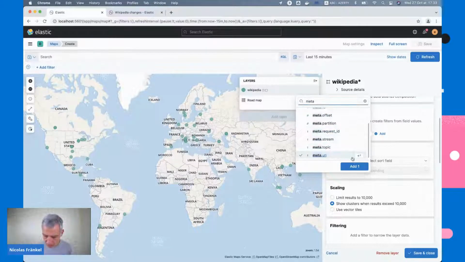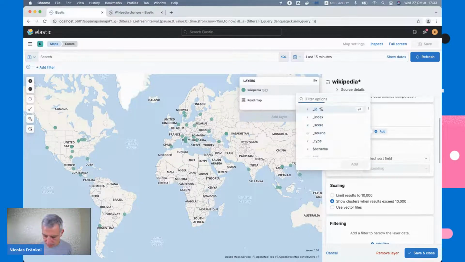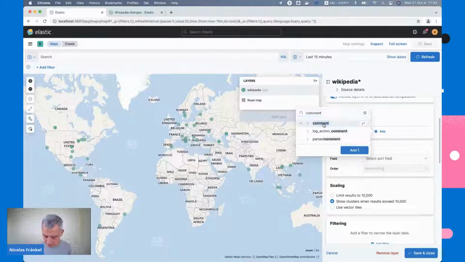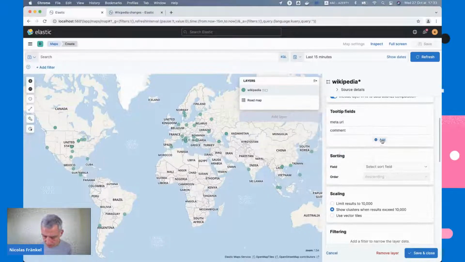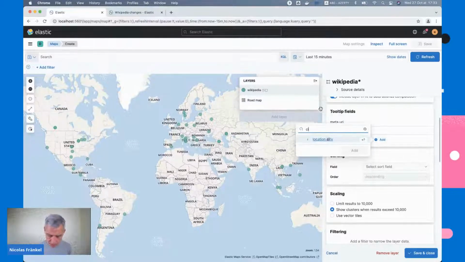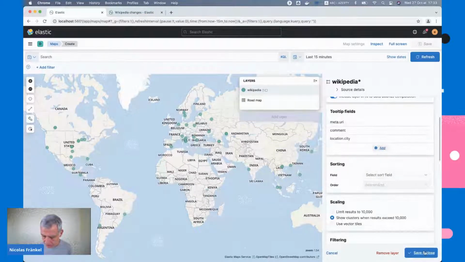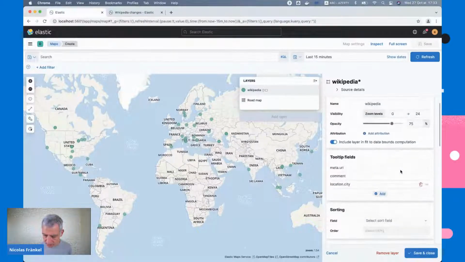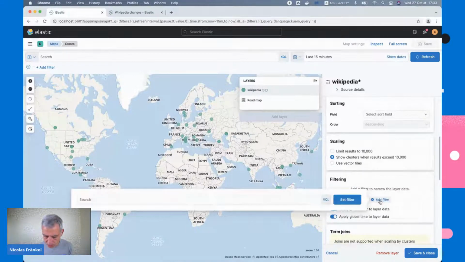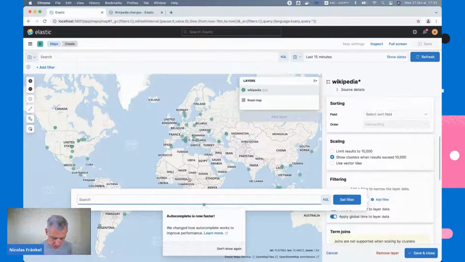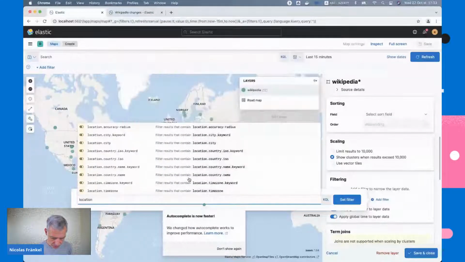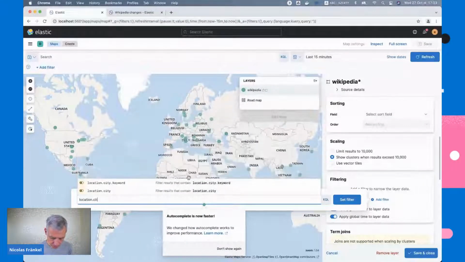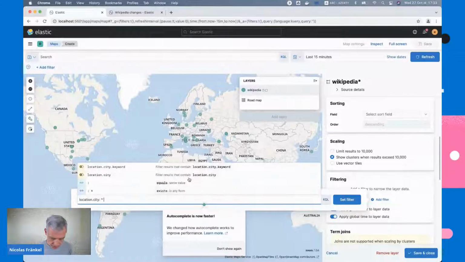I want to have, let's say, the comments and perhaps the city, although it's already available on the map. And also I want to have the city that is not empty. If the city is empty, I don't want to display it. So location city info.